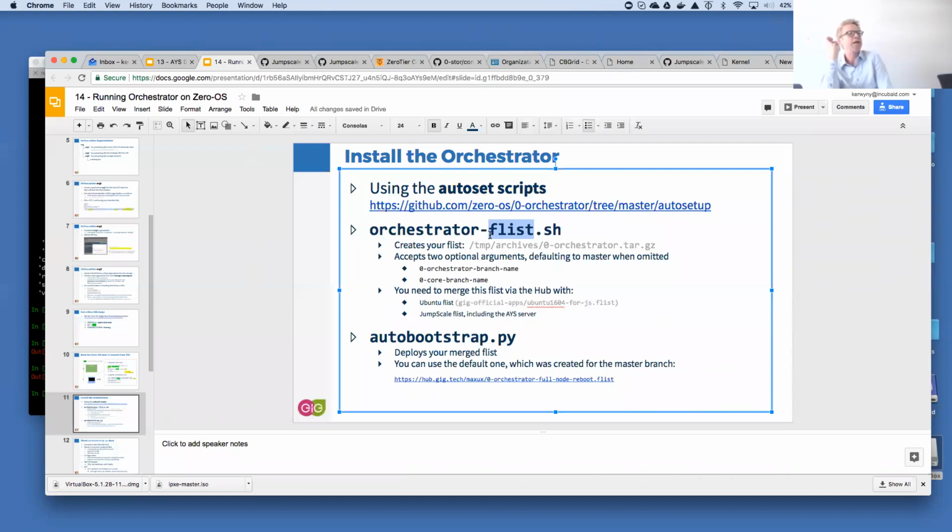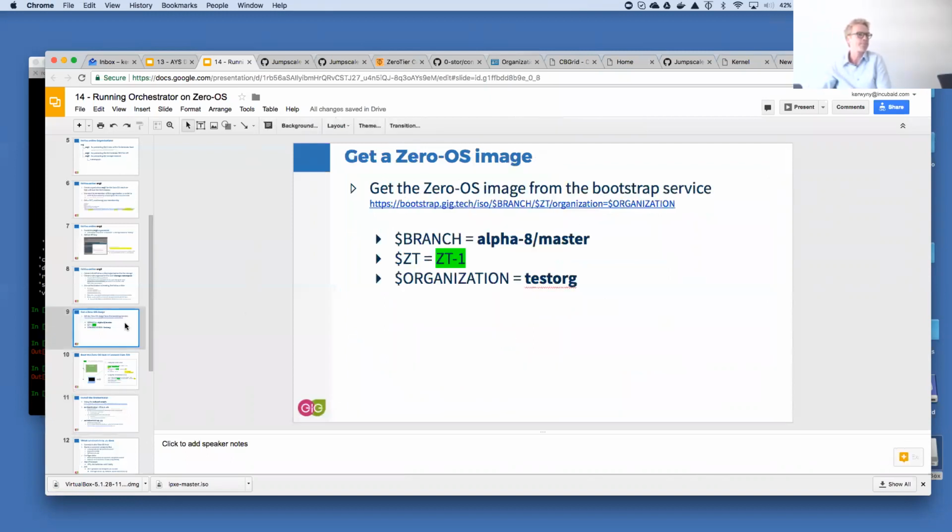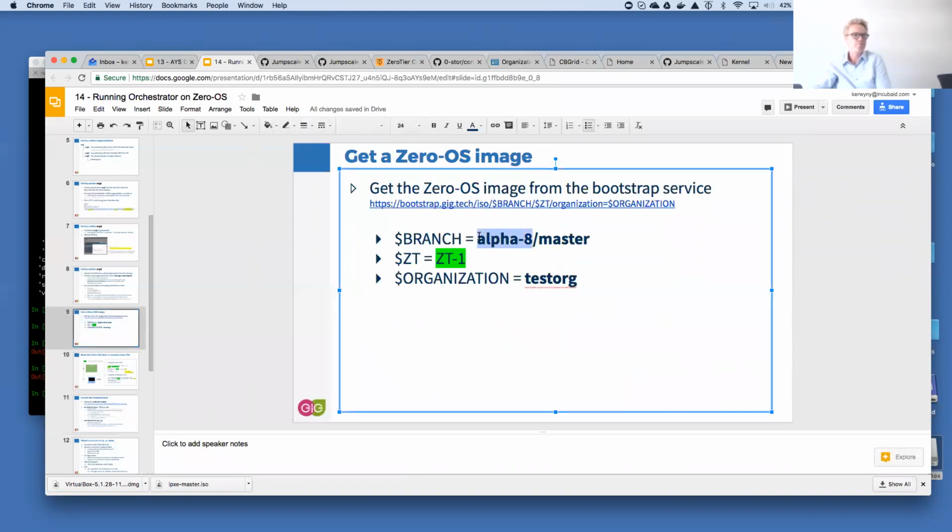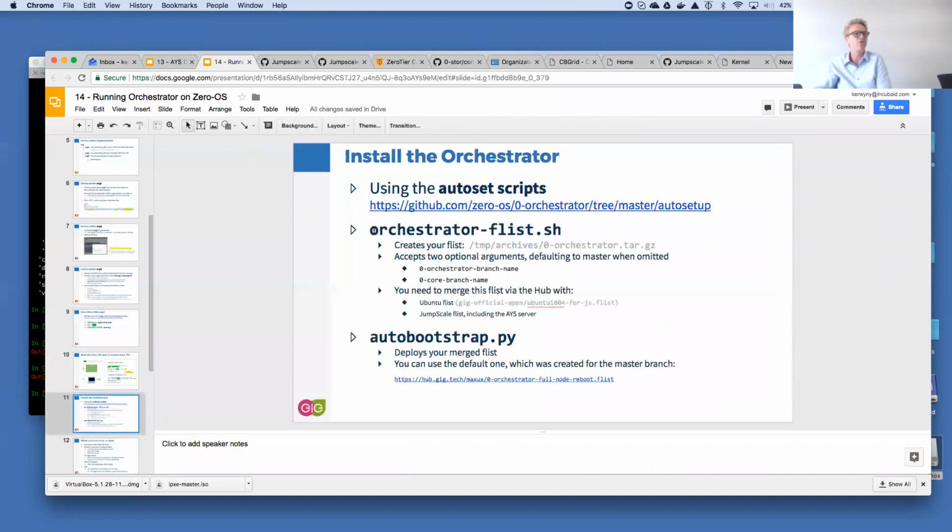That's the result. Remember that, because if you would want to use alpha 8, which is the current stable version, by the way, for the node, then you need to make sure that you also specify alpha 8 later when downloading an image for the node, and that you specify it here, or that you recreate your own F-list.